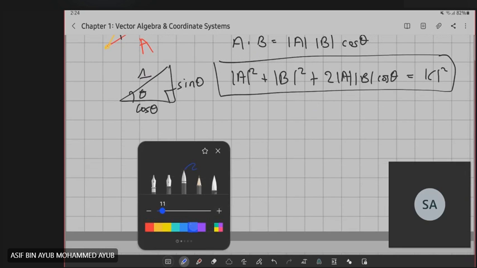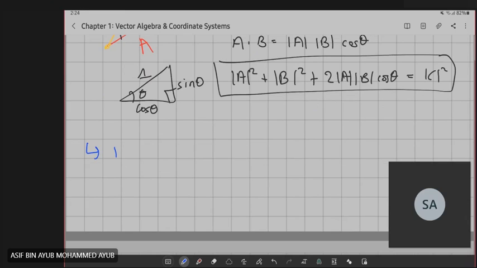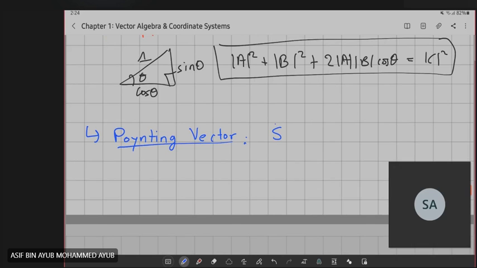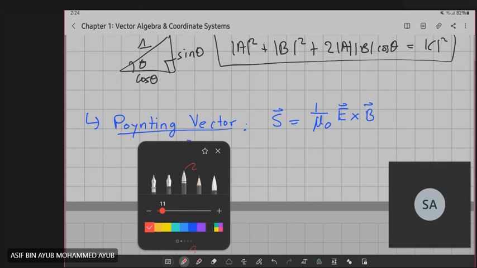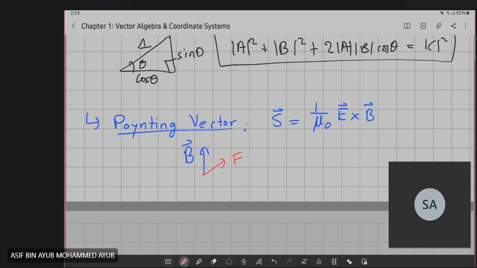Now let's do an application of the cross product. An important quantity in electromagnetism is called the Poynting vector, which you will actually not see in 348, the electromagnetism course, unfortunately, but at least you'll see it here. The Poynting vector is defined something like this: 1 over mu naught, electric field crossed with the magnetic field. Now, what does the Poynting vector actually tell you? It tells you that if you have an electromagnetic wave, not just electromagnetic wave, even